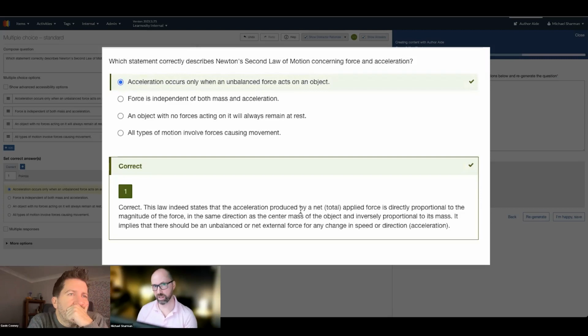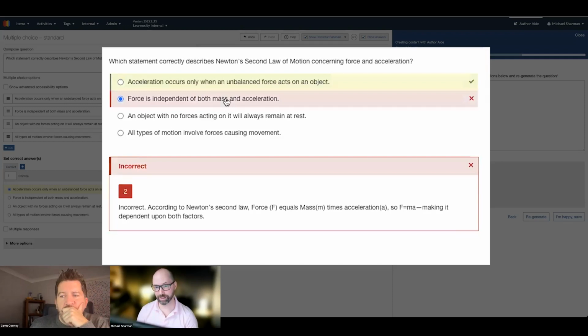Now, we've automatically highlighted the correct answer, and we've given feedback automatically generated as to why that is the correct answer. So that implies that you can try the incorrect answer, and you will also get feedback real time generated for you as to why this is incorrect. This is an essential part of the learning process for students. They might get a question wrong, but we want to show them, why did you get that wrong?